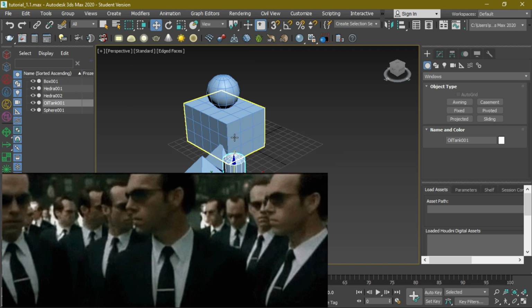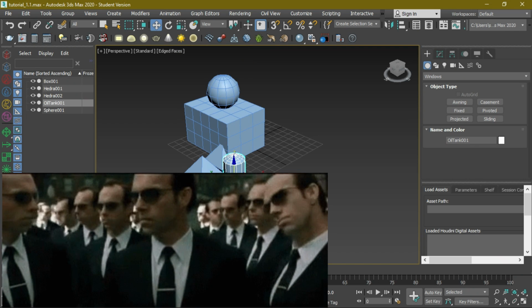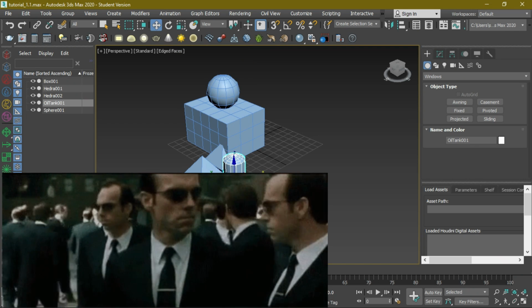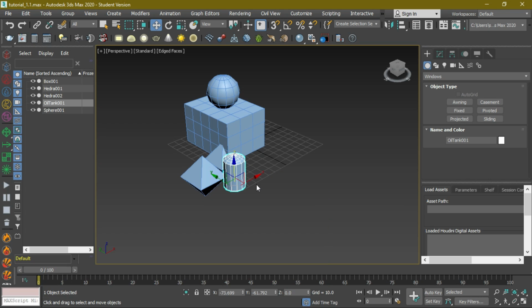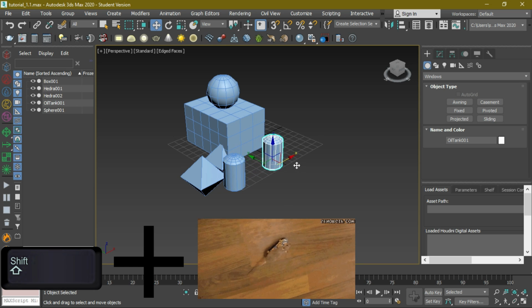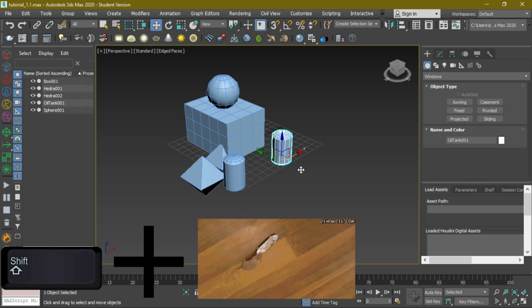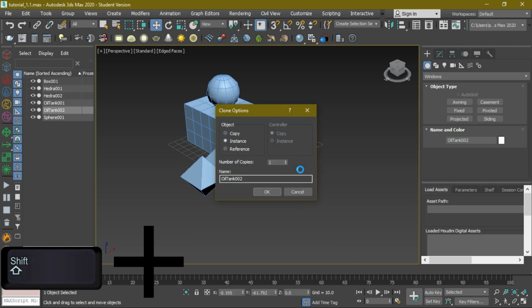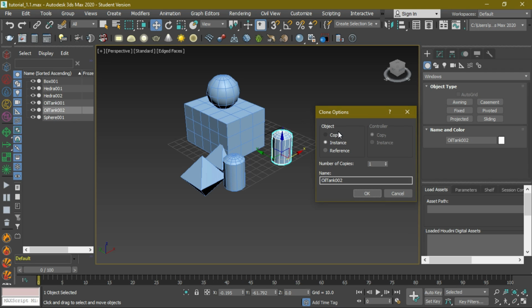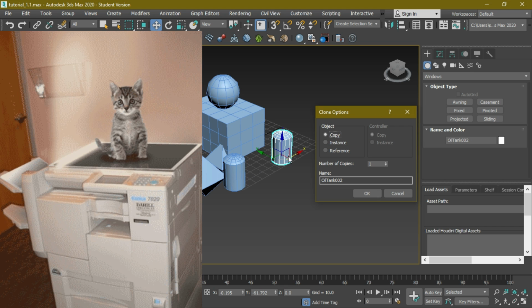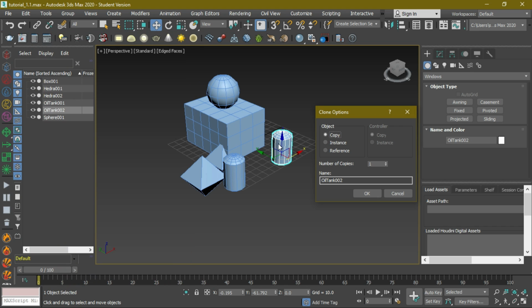To clone, suppose I want 5 copies of this oil tank, or a single copy. To make a copy of this object, press the shift key on your keyboard and drag. So you can see our object is getting cloned. Release the mouse button. Yeah, you can see a window coming up. Here we have copy, instance, reference. In copy we are just making a copy of this object, and later we can make changes over it.